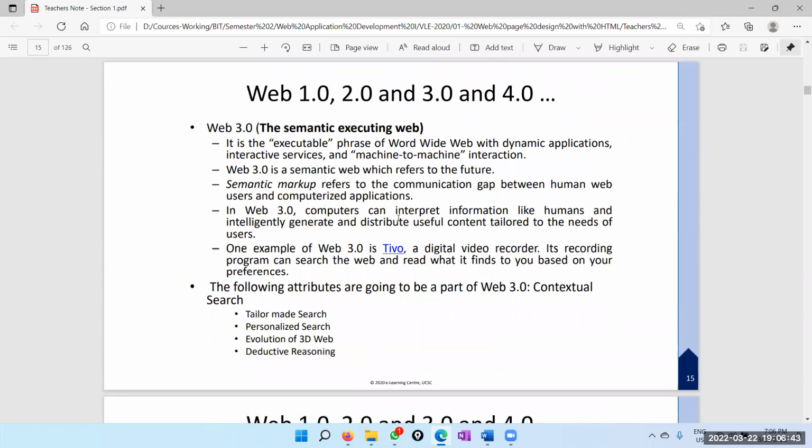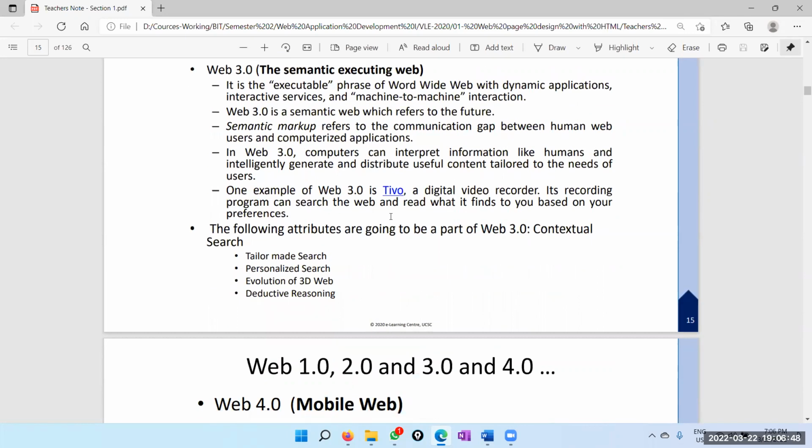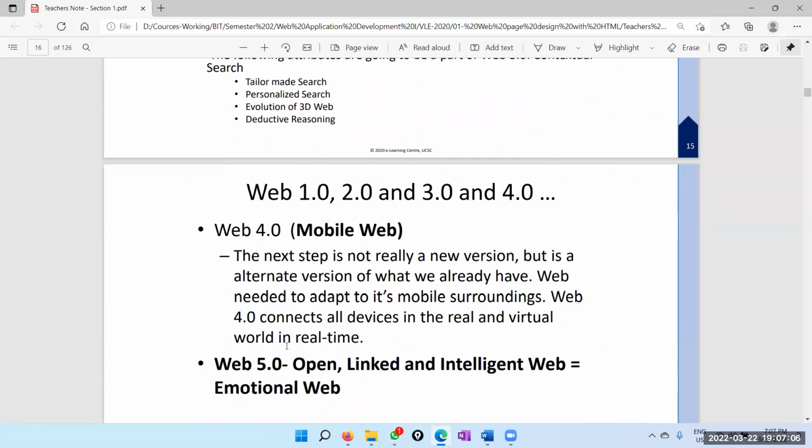Then Web 4.0 is pretty much the mobile web. While you have all the other things, there is a lot of focus on small devices, because all of a sudden people moved from laptops and desktops to smartphones with Android, iOS, etc. And of course, now we are talking about Web 5.0, which is pretty much about emotional intelligence and artificial intelligence, where we try to collaborate with